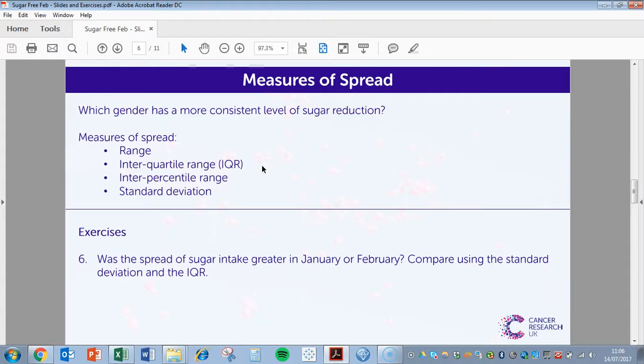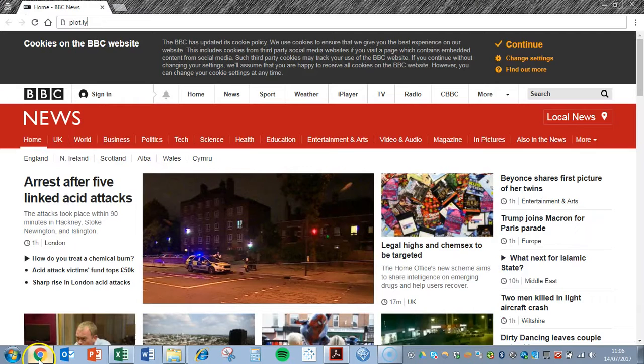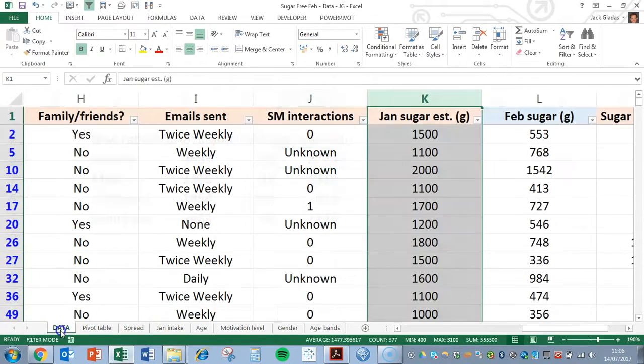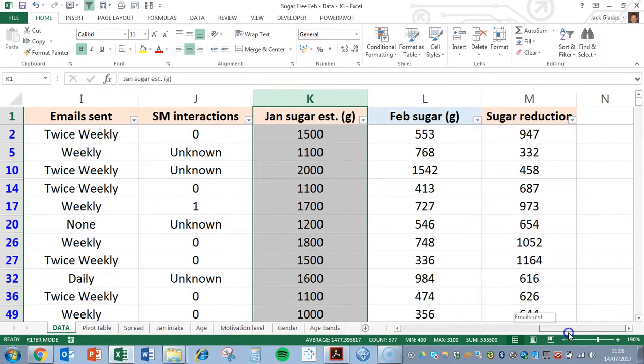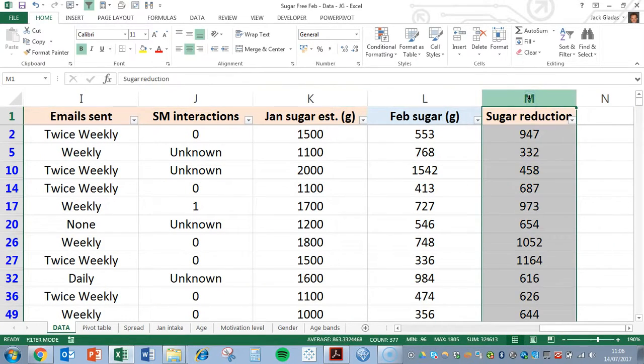The easiest way to see the IQR, the interquartile range, really is by constructing a set of box plots for each group we want to look at and viewing them alongside each other. Remember, the box in a box plot shows us the middle 50%. So if we head back to Plotly, plot.ly, and we want to take our sugar reduction data, so if we copy that column,